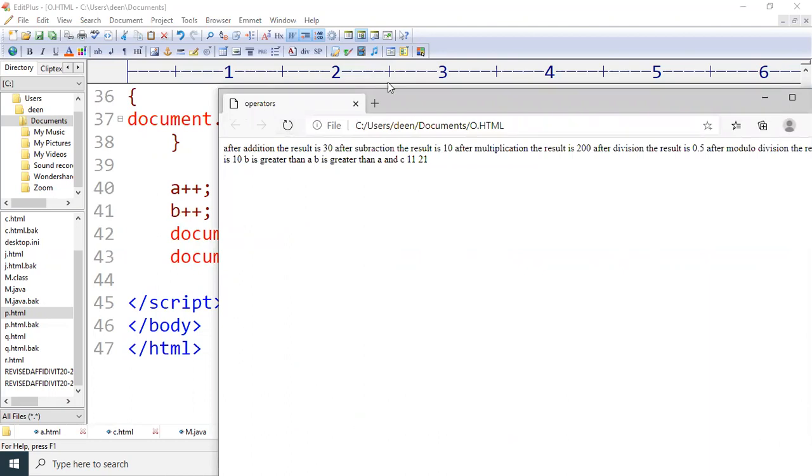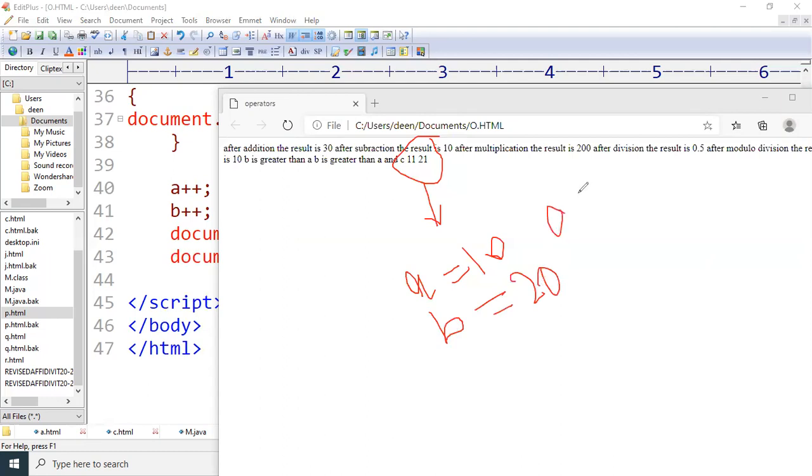If you observe, it has printed the values 11 and 21, because initially the value of A is 10 and the value of B is 20. If you write A++, the value inside A will be incremented by 1. That means 10 plus 1 gives 11. And if you write B++, the value will become 21 because the initial value of B is 20.